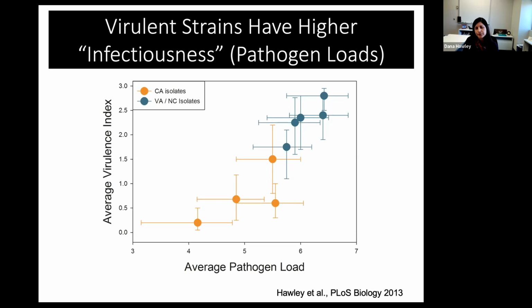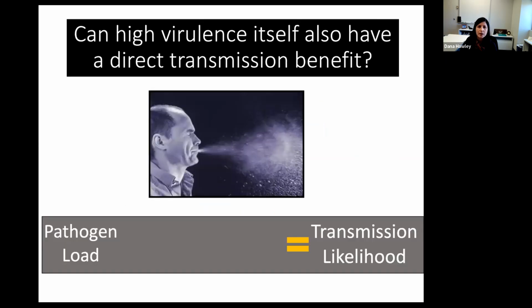So to some degree, higher virulence is likely to be favored in this system simply because pathogens cause higher virulence by replicating in hosts enough to be infectious. But one aspect of the trade-off model that's always left me feeling not completely satisfied is this idea that we tend to think of virulence as only a cost to pathogens in terms of its effects on transmission.